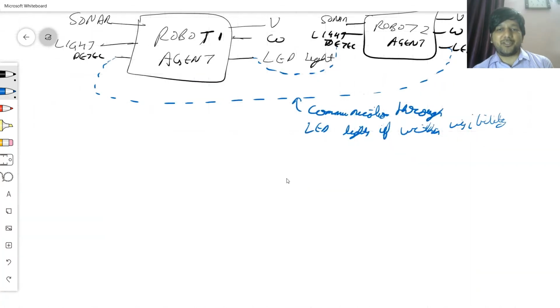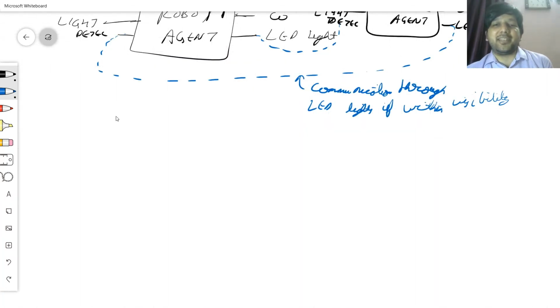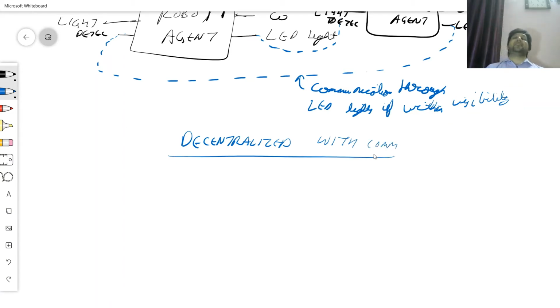the communication channel. Let's take decentralized web communication. So this is like you have got a Wi-Fi network, you've got a dedicated Wi-Fi network, and because there's a dedicated Wi-Fi network in your lab where these robots are operating, all of them can communicate to each other. They're all wireless agents, they are connected to the same network, so they can share information.